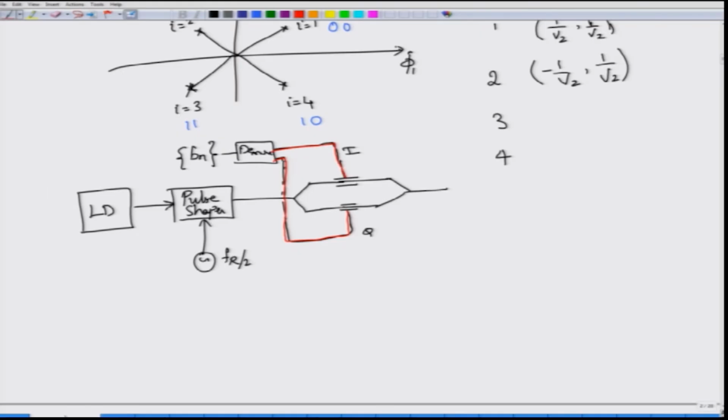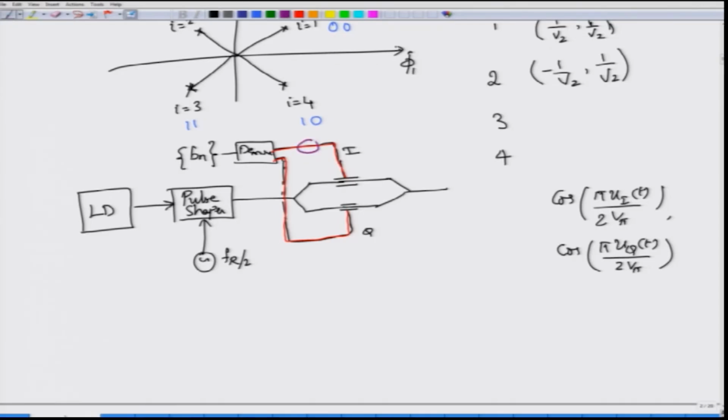So, what is the reasoning behind this? I know that the corresponding points are cos(pi u_I(t) / 2V_pi) and cos(pi u_Q(t) / 2V_pi). So, this is essentially the transfer function of the I and Q modulator. These are the 2 points with which it can reach. So, by sending the I signal to this and Q signal here,